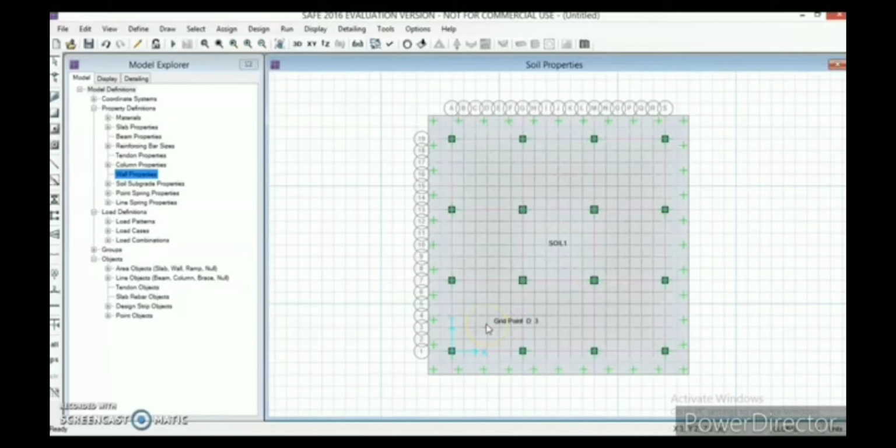Actually, I have shown you the dead loads and live loads initially. Now we will be giving those dead loads and live loads to each of the columns, starting from column 1.